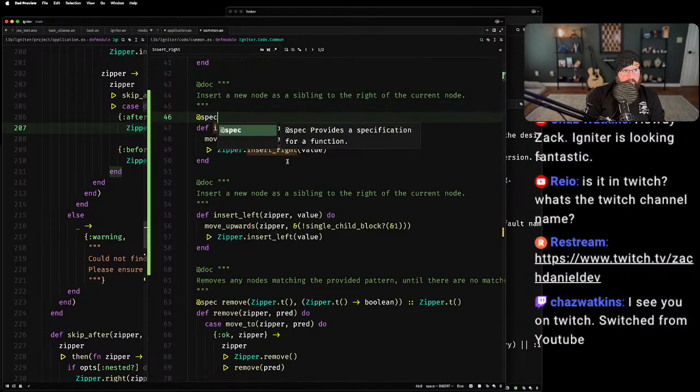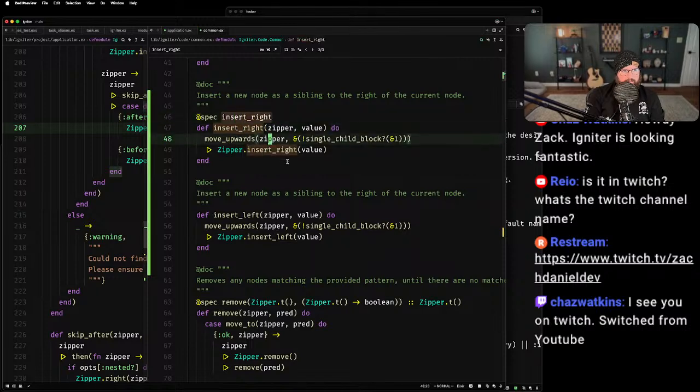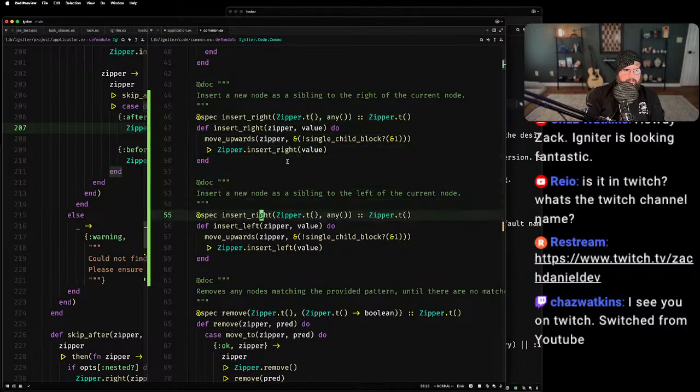I should spec these. And I should fix this docs to insert to the left of the current node. And this takes a zipper, and returns a zipper. This is the same.